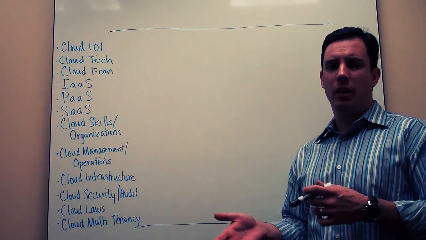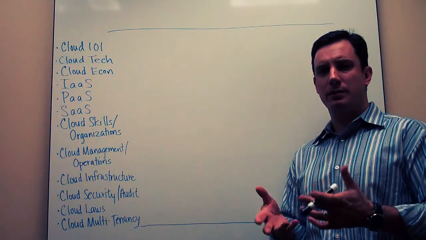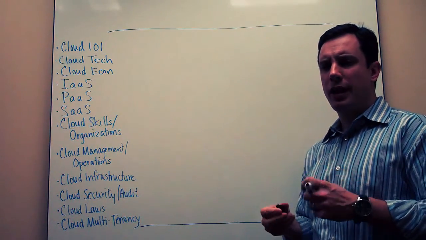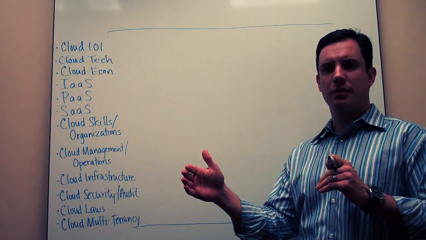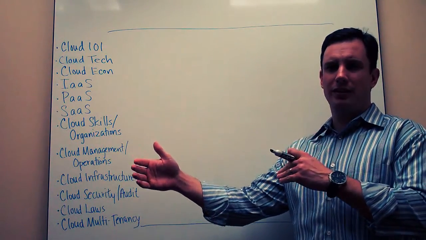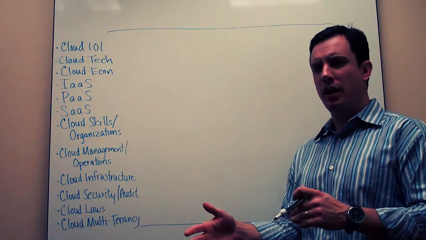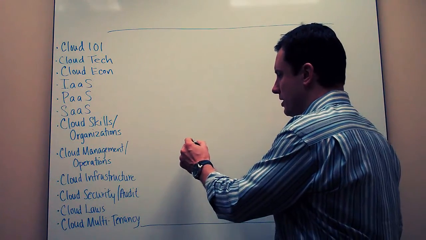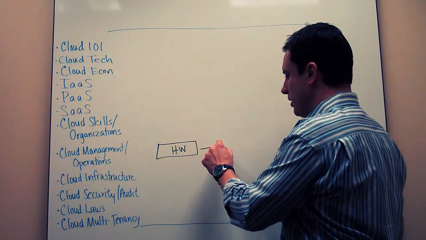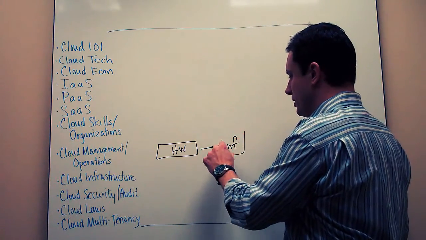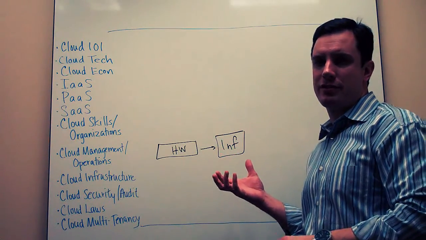Now, if we think back to what we talked about in a previous video, where we tried to relate the various types of layers of computing with the layers of cloud computing, we got to this analogy where we said you had hardware, which relates to infrastructure, which is what we talked about, infrastructure as a service, okay?